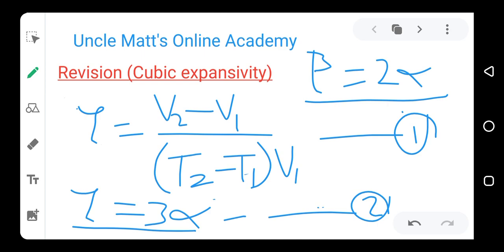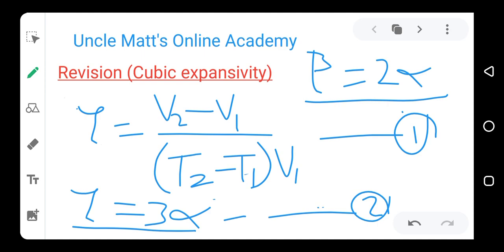Even if you don't see the parameters directly, check the question very well. You must see how to get the parameters from other things given to you in the question, just like I said about getting linear expansivity from area expansivity and now using it to solve your cubic expansivity. I've not seen this question, but it is a possibility. In some questions, someone may remember to put something like that.